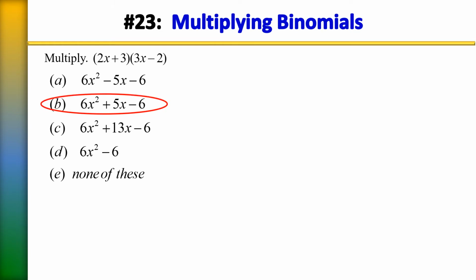Choice B. Okay, so recall when you're multiplying two binomials, you're going to use FOIL: first, outer, inner, last. So let's go ahead and proceed with using the FOIL method. First is going to give me 6x squared, outer, -4x, inner, plus 9x,